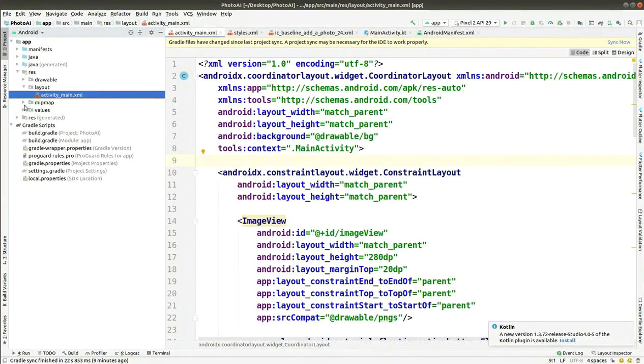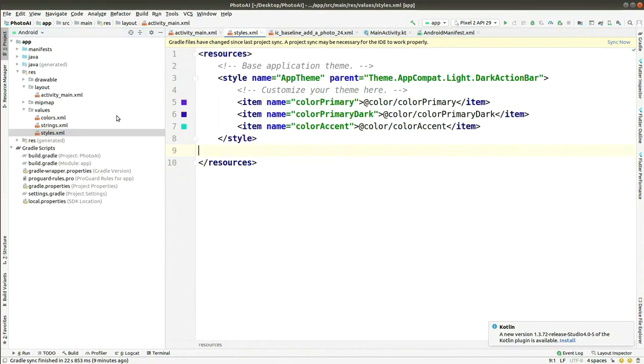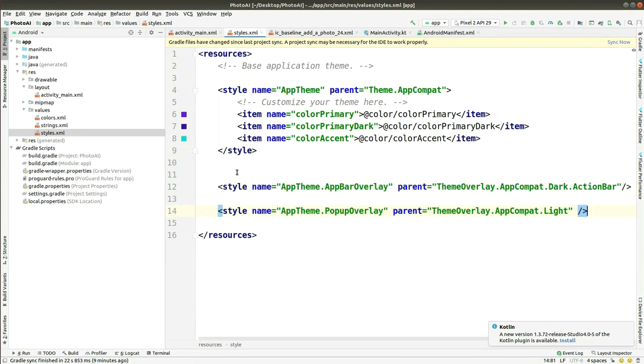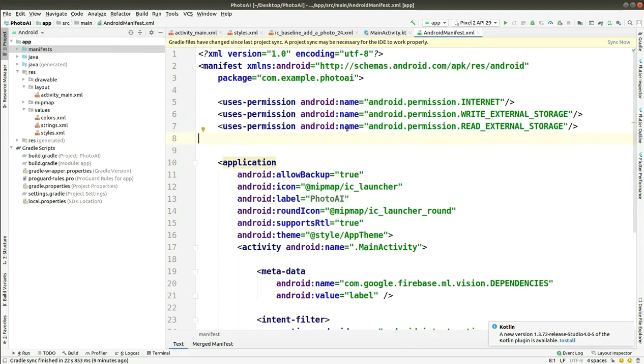After that, you have to come into values and in styles, and you have to add this theme kind of thing. I have just copied and pasted here. You have to pause this video and add these things that I have added here, 3 things. After that, go to manifest.